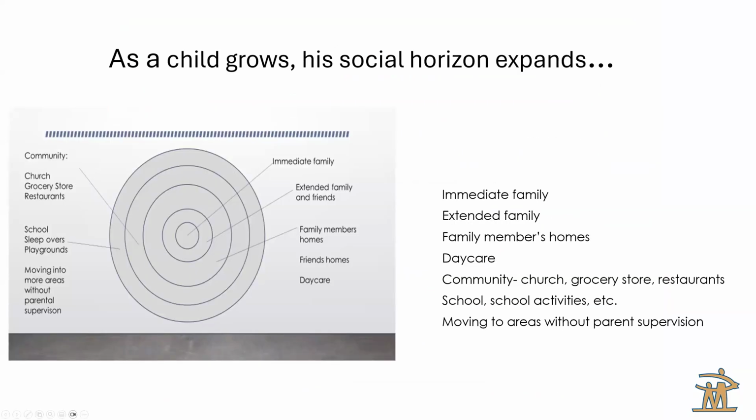When we look at how a child moves through the social horizon, just think about this a bit, because it helps you to know if a child is having successful emotional growth or if maybe they're a little bit stunted or struggling in a particular area. And so, when you have a baby, a young child, they're pretty much right there with their immediate family, right in the center of that target. That's who's most important. That's about as far as it goes.